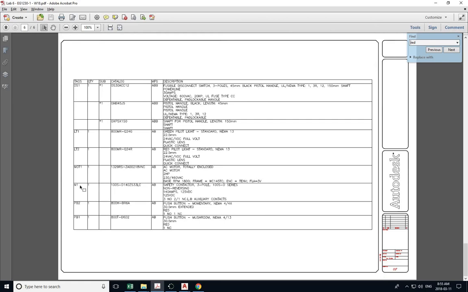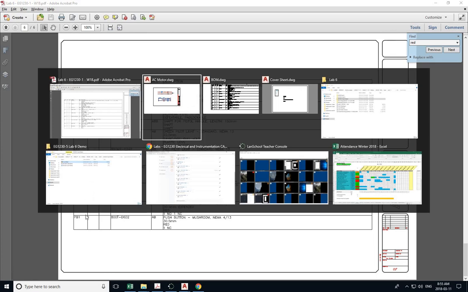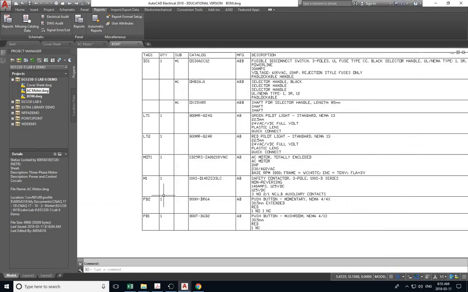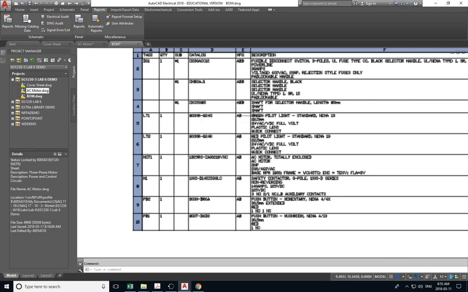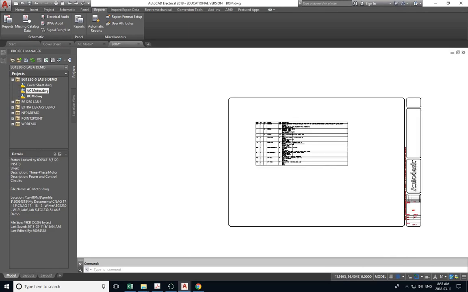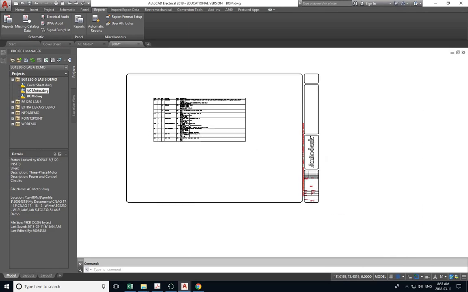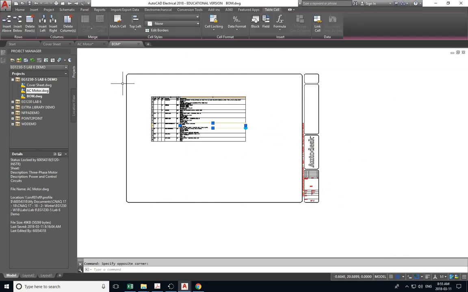Light 1, light 2, the motor, and then M1 coil, 2 push buttons. So there they are. There's your disconnect switch. Light 1, light 2, motor 1, M1 coil, and of course, you've got all the specifications. Now, of course, one thing you can do is what? If you want to make it bigger,